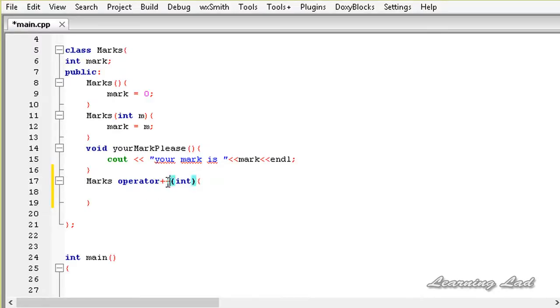Also, this unary operator operates on only one operand, and that operand is passed automatically, or implicitly, by C++ because this operator function is a class member. So here we're going to create a duplicate object of the object that will be passed to us. So Marks, and let's say it's going to be duplicate,